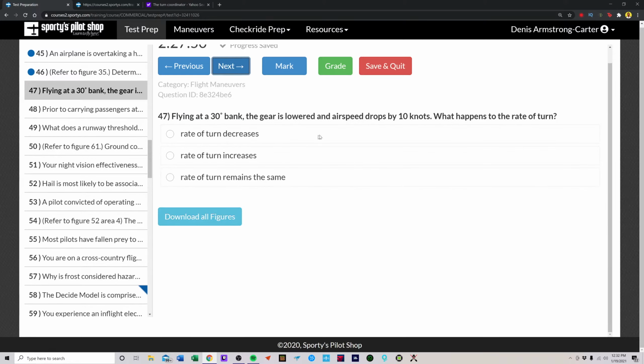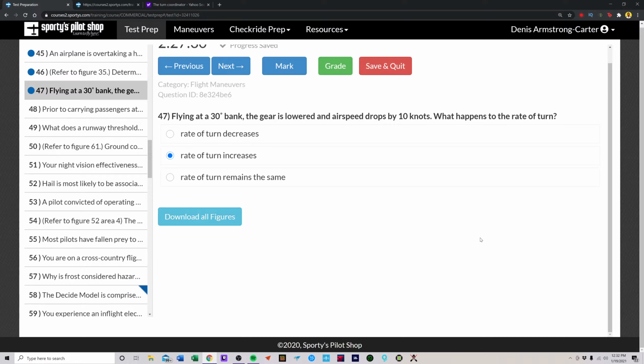Flying at a 30-degree bank, the gear is lowered and airspeed drops by 10 knots. What happens to the rate of turn? So 30-degree bank, gear is lowered. Boom. Airspeed drops by 10 knots. Well, obviously you've got that drag. What happens to the rate of turn? Your rate of turn is going to definitely increase